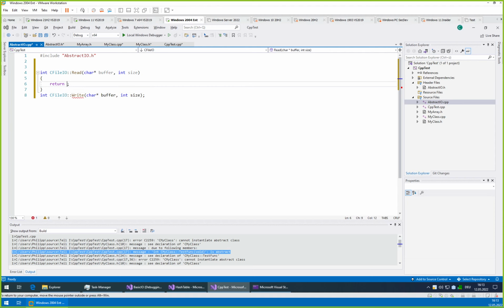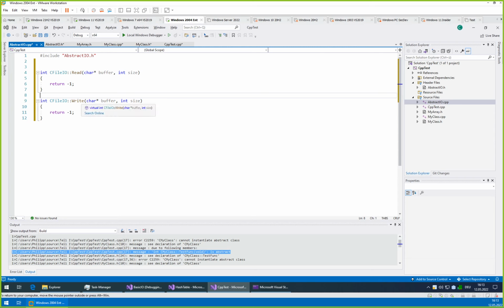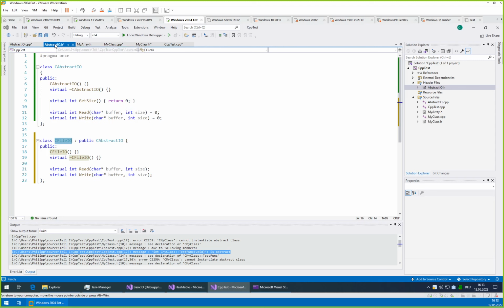Or rather, let's return an error. -1 is a nice value for that something is invalid. Because if you read or write, you obviously expect that you can only read or write a positive number of bytes. You cannot read or write a negative one. So if you return a negative value, this indicates an error.